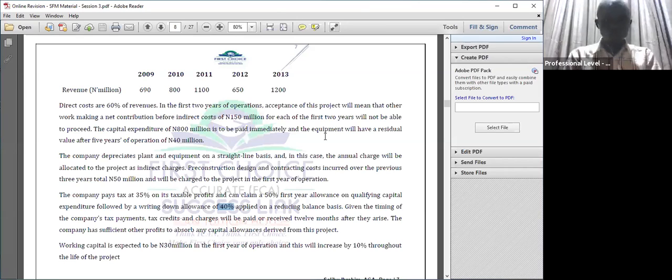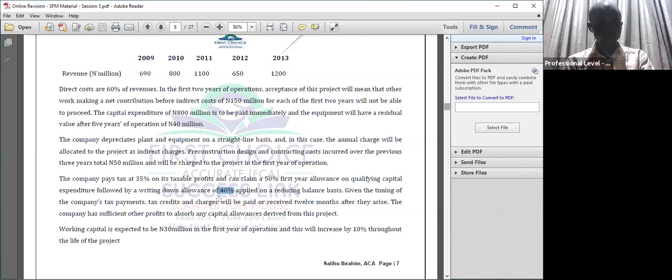The company has sufficient other profit to absorb any capital allowance derived from this project. Working capital is expected to be 30 million in the first year of operation, and this will increase by 10% throughout the life of the project. Next one. The company currently has 7,500 million of equity and 2,500 million of debt in issue, quoted at current market values. The current cost of its debt